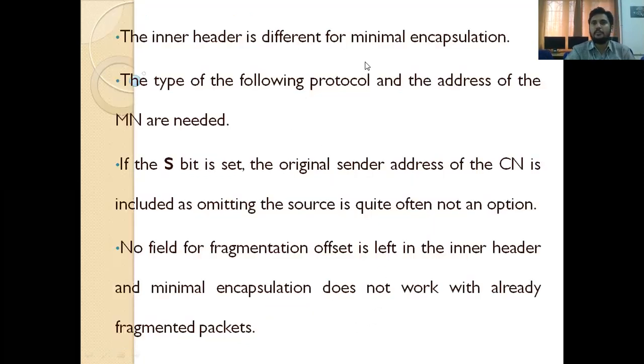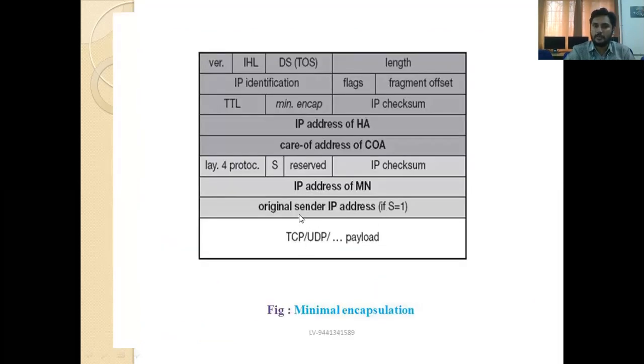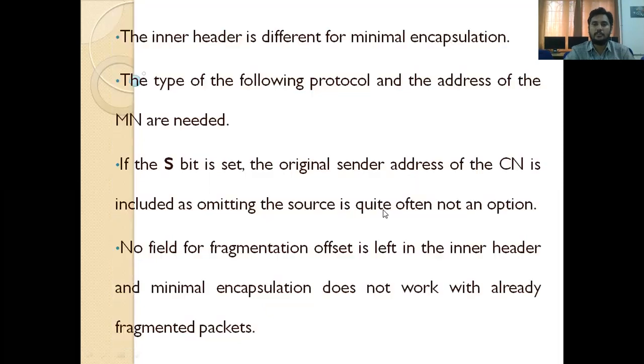So the inner header is different for minimal encapsulation. The type of the following protocol and the address of the MN are needed. If the S bit is set, the original sender's IP address is included. Who is the original sender? The correspondent node, who wants to transmit the data packet. So if the S bit is set, the original sender's address of the CN is included, as omitting the source is quite often not an option.